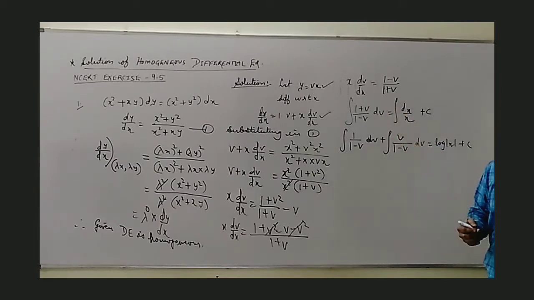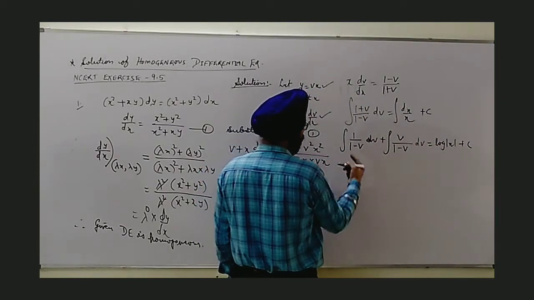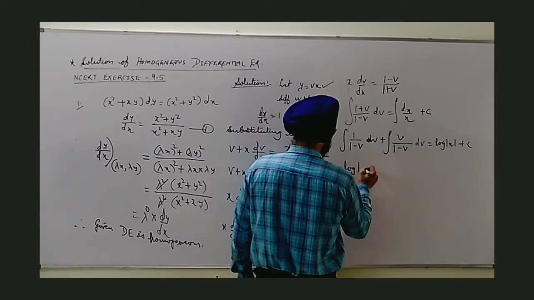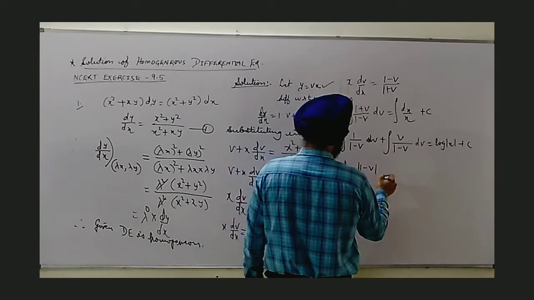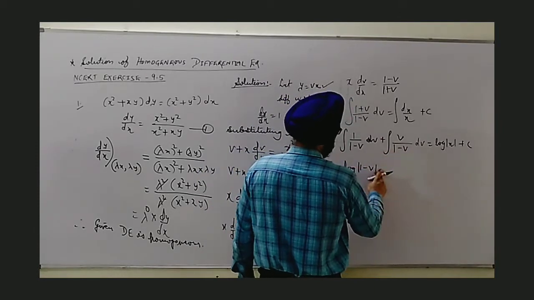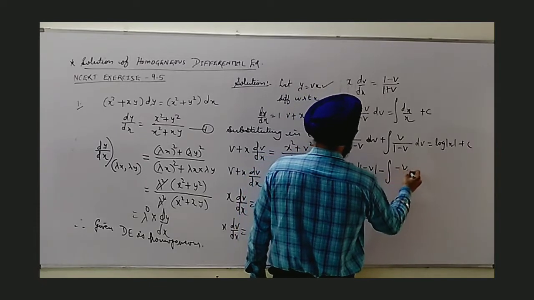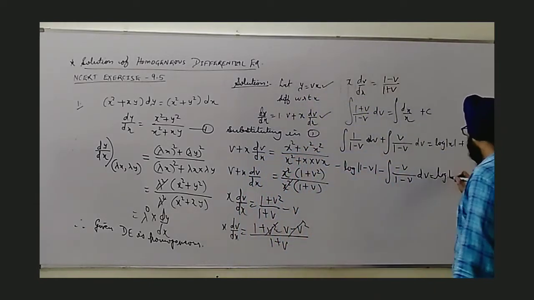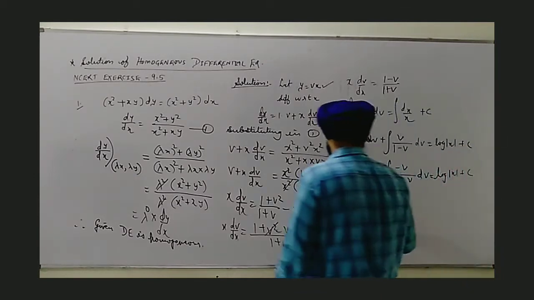Y cube plus r upon d also we can do. Okay, I have done it in a simple way. 1 upon 1 minus v is a linear form, so its integration is log of 1 minus v with a minus in front of it, and this we will solve by writing this way. You see, minus v upon 1 minus v dv. I think we are getting all the terms as log, so the constant we will do later.